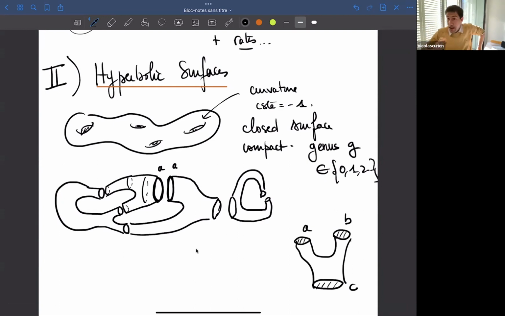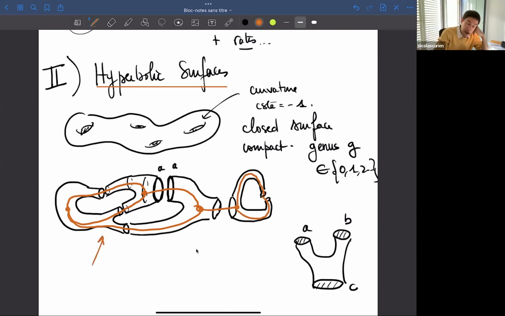So, fact: a hyperbolic surface can be built by taking a trivalent graph that you see here, with vertices being the pants